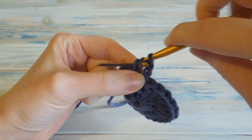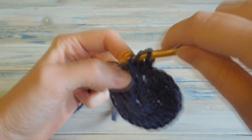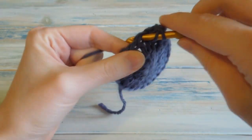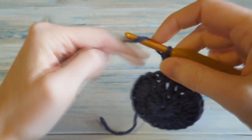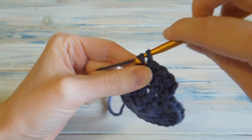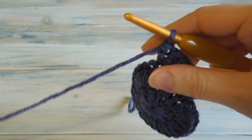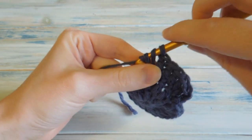So you do 2 double crochet in the next stitch. But in the next stitch we're just going to do 1 double crochet by itself. Okay, then in the next stitch we're going to come back and do 2 double crochet for an increase. So that's 1 and 2. But then in the next stitch we're just going to do 1 by itself, just 1 double crochet in the